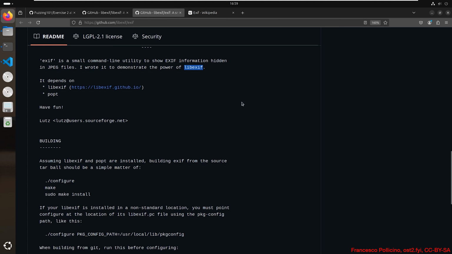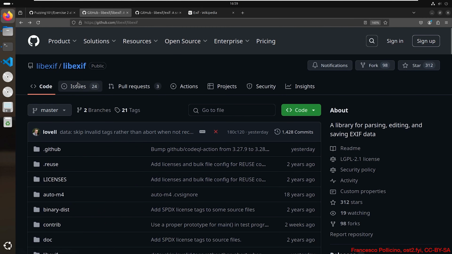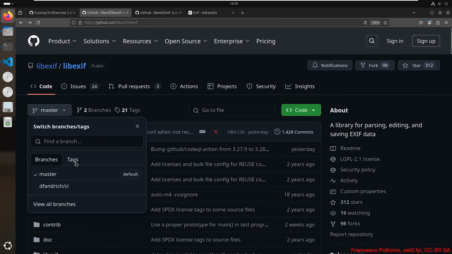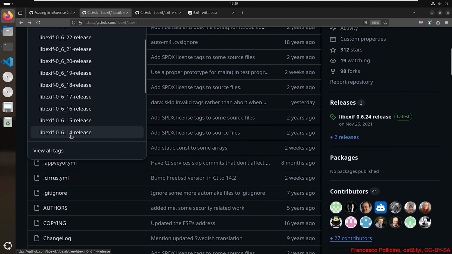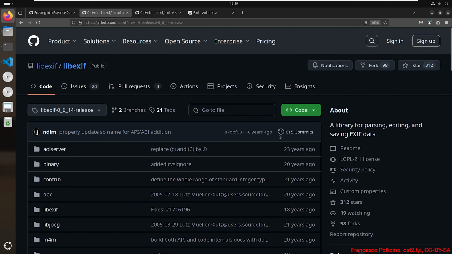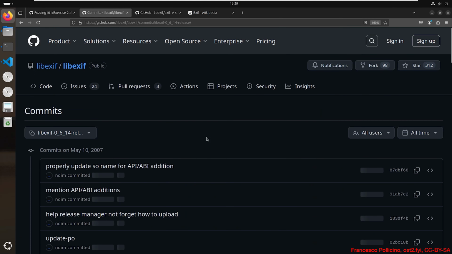A quick and dirty way to do it is to check the date of the last commit of the version of libexif that you want to use and find the corresponding version in the front end. So for example, if we go back to libexif in the tags and we select our version, which we said is 14, we can check in the commits and we see that the last commit of the library was in 2007.